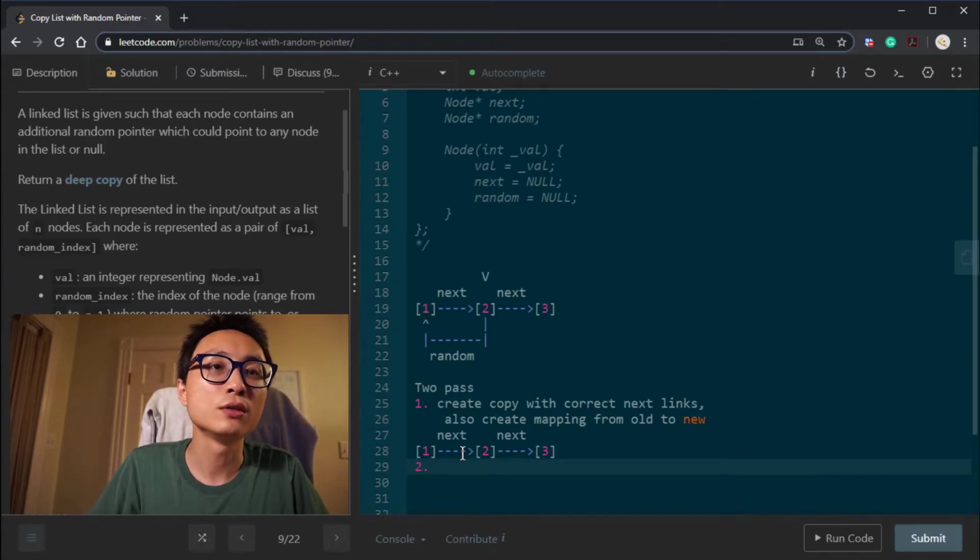Second pass is to traverse these 2 lists at the same pace.